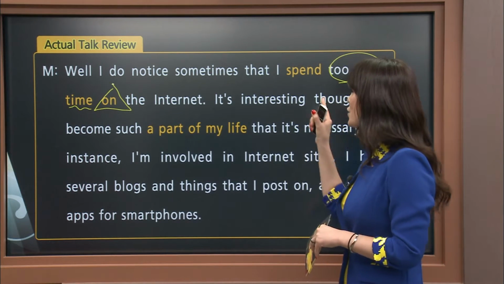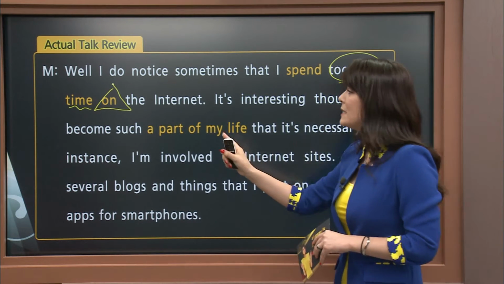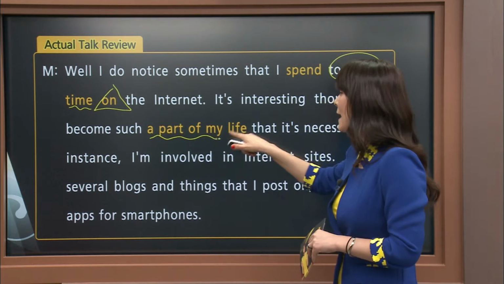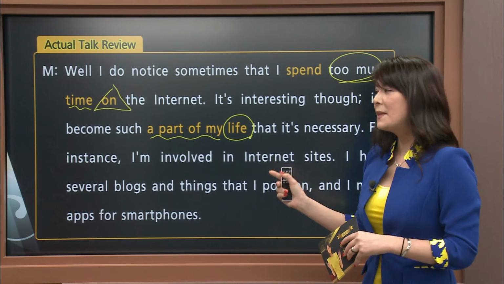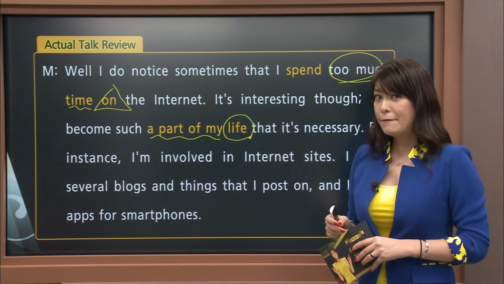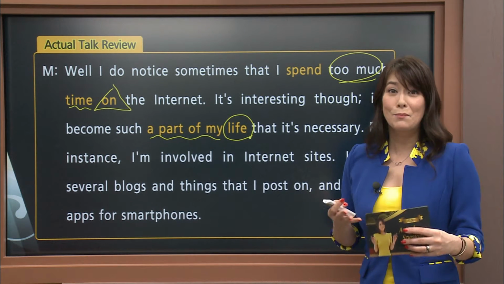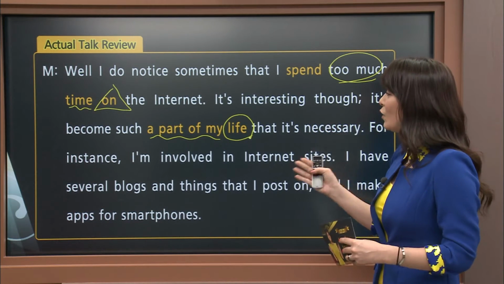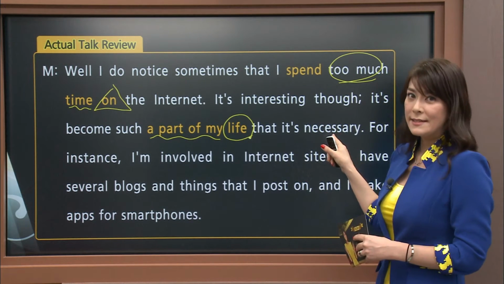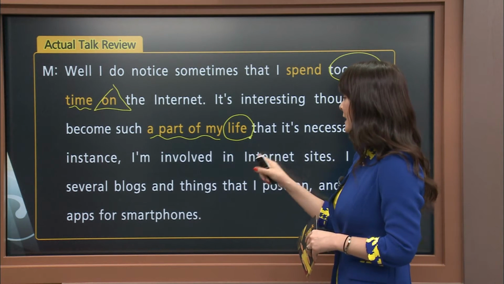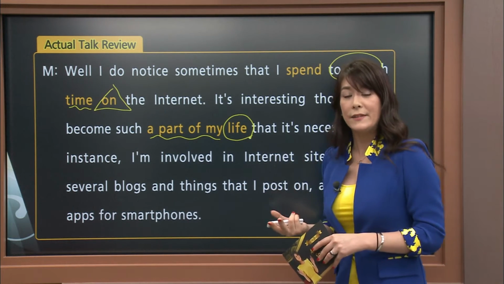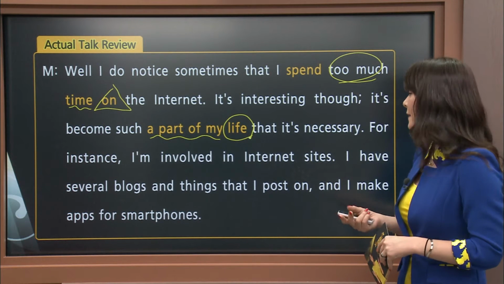And he says, it's interesting though, it's become such a part of my life that it's necessary. So if you say that something is a part of your life, it means that it is important to you, okay? It's almost needed. It's necessary. Moving on. For instance, I'm involved in internet sites, and then he's given an example of what he does online.